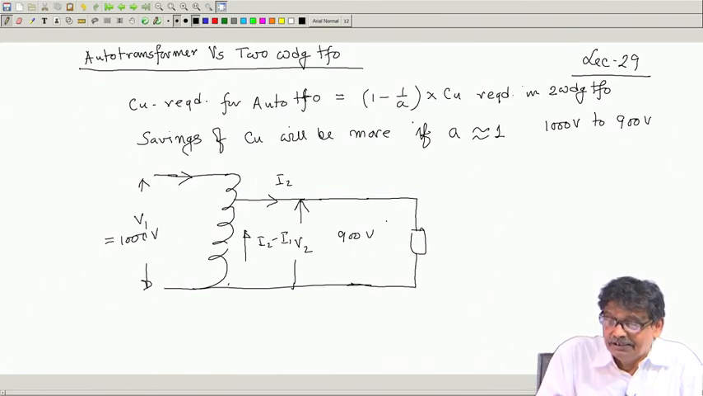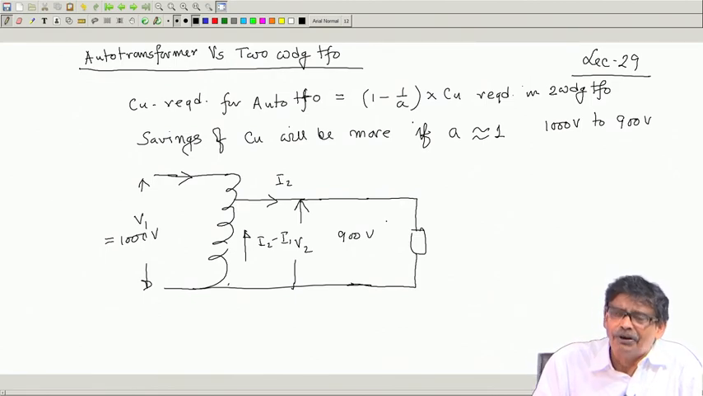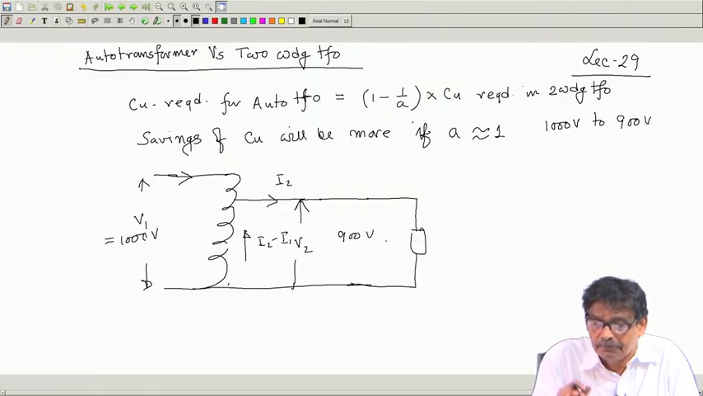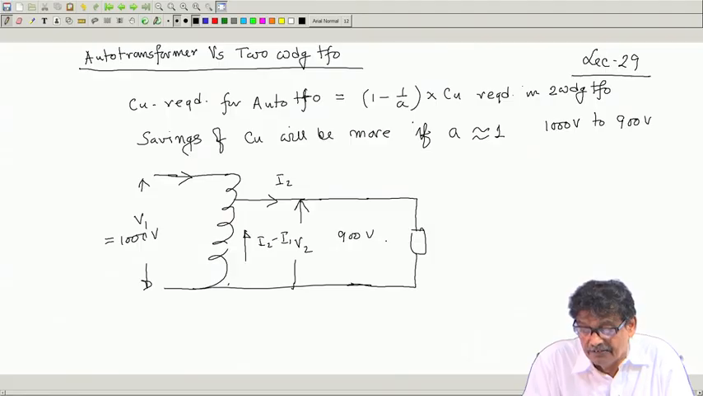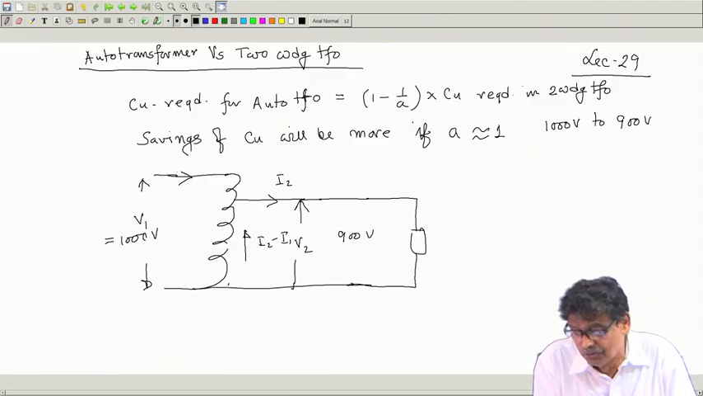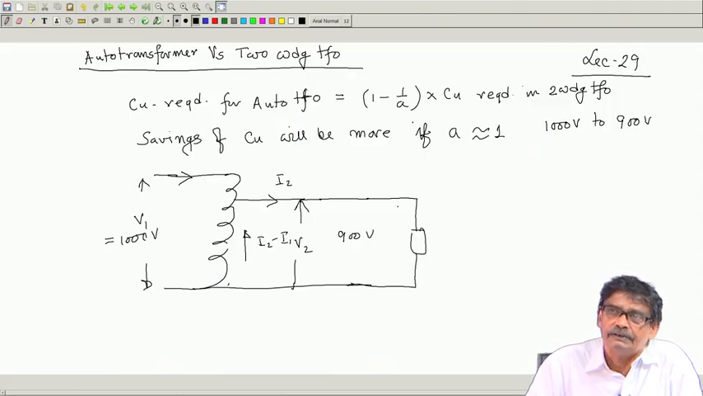So, not only the savings of copper will be more, but also isolation is not a big issue, in the sense that when this voltage and this voltage are at comparable level, same level, then okay, voltage will shoot up from 900 to at best maximum 1000 volt, only what percentage of increase it is, 10%. Therefore,